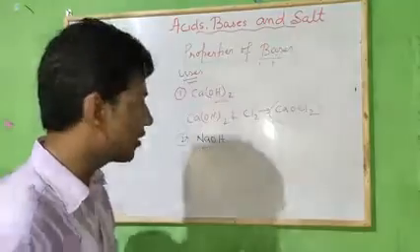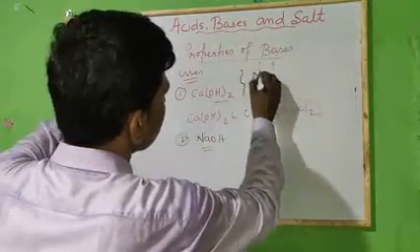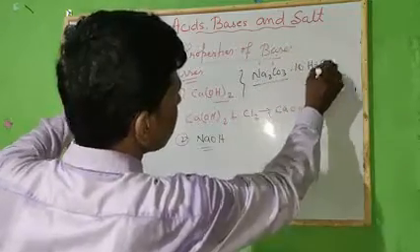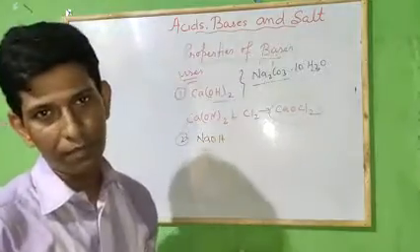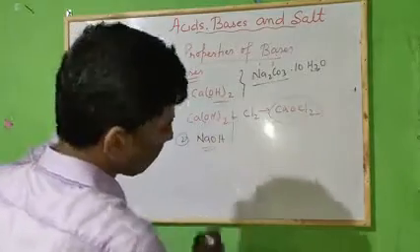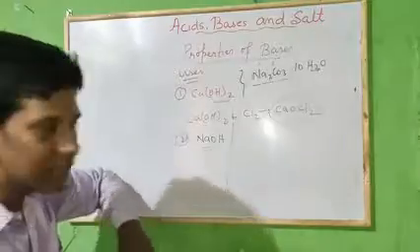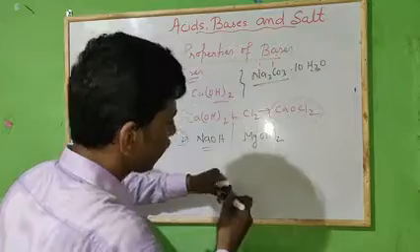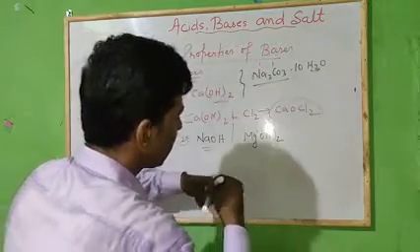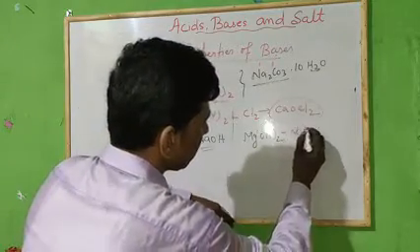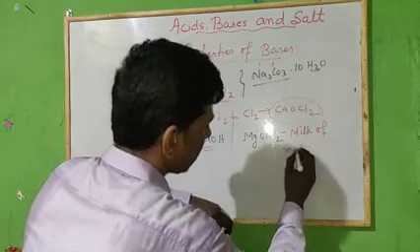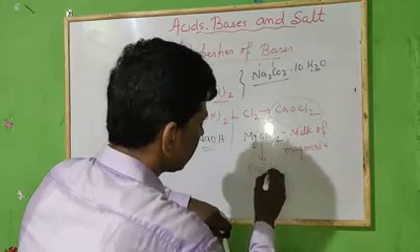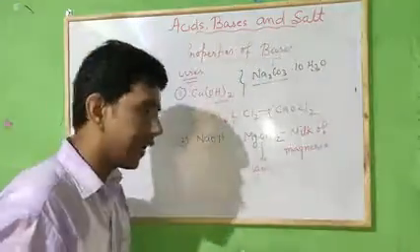Not only that, you can see that sodium carbonate is used as an important base, and that is used as washing soda. Clear? One more base that is very applicable and generally used in medicine is magnesium hydroxide. This is also called milk of magnesia. Actually it is basic in nature, and it is very important, acting as an antacid.